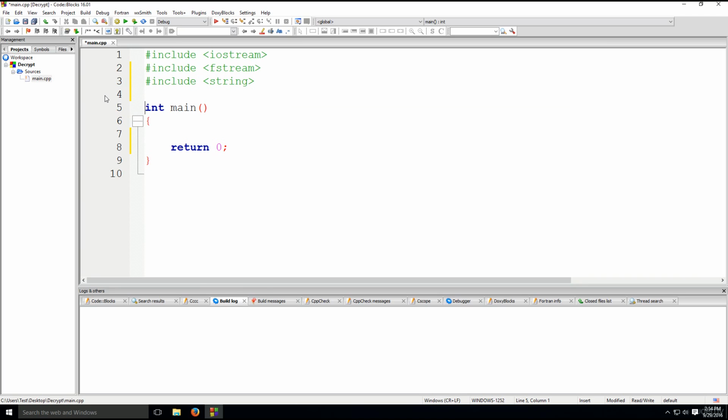Now we need to make some modifications in regard to the main function. So the main function will need to take arguments. It's going to be int argc,